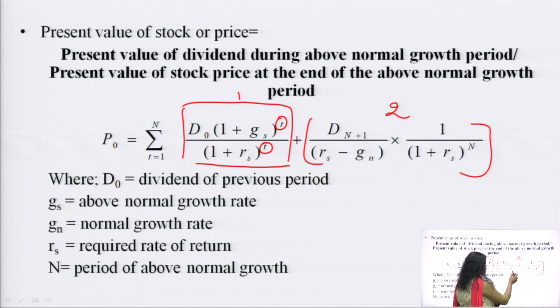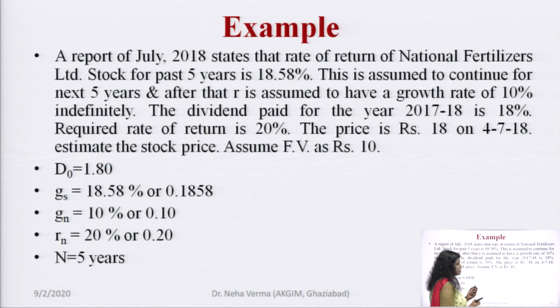Then divide by RS minus GN. GN is the constant growth rate. Then RS here again is the required rate of return, and N is the number of years in which the entire equity investment is made, and this is the period in which the equity investment reaches the second stage of the valuation. So, this will be more clear in this particular example,